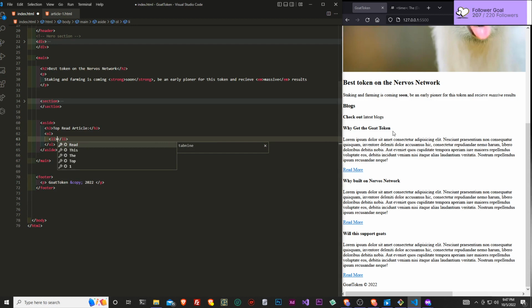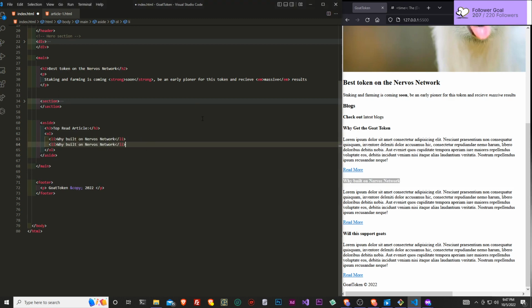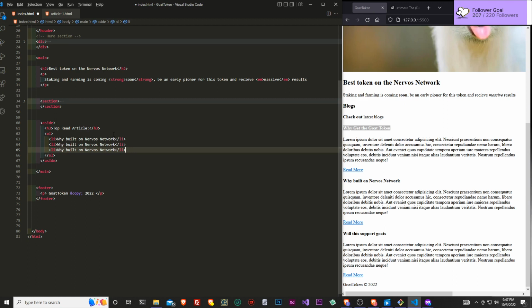let's just copy and paste this. So this would be the best, or this article will be the best article in the world, or in this case this website. We're gonna add in another list item, and if you guys can see, I didn't type in LI. If you're on Windows, if you hold Shift and Alt and you just go down on your keyboard, it will duplicate the line.